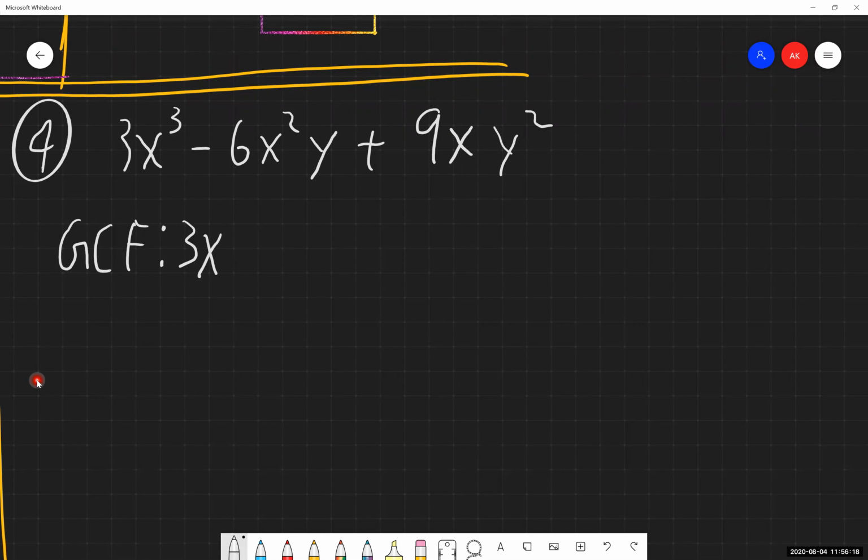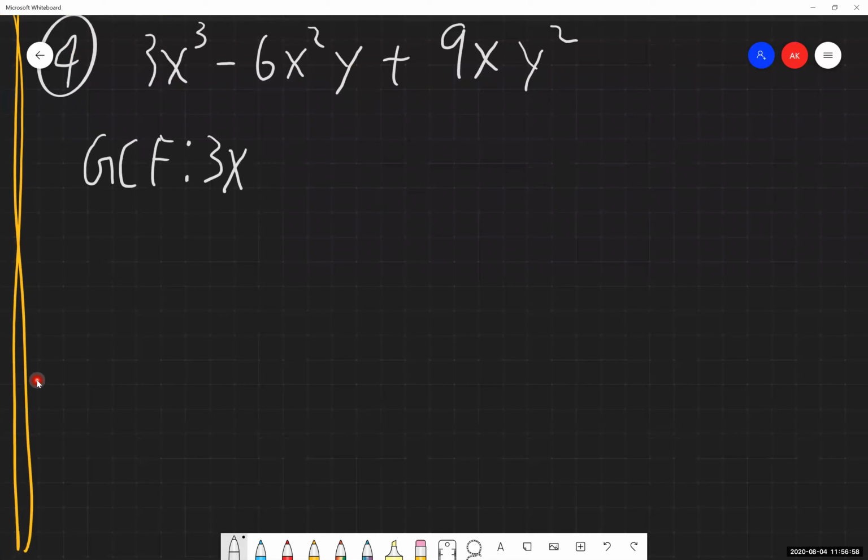And then I'm looking to my y's because I have some y's showing up in here. The first term has no y's in it. The second term, the middle one, has 1 y in it. And the last term has a y squared in it. So I still have to use the smallest numbered y that's in there. And the first term has no y's in it in any way, shape, or form. So based on that, I do not have a greatest common factor that will include a y in it. And that's fine. Sometimes we might include y, sometimes we might not. It all depends on the problem that we have been given.